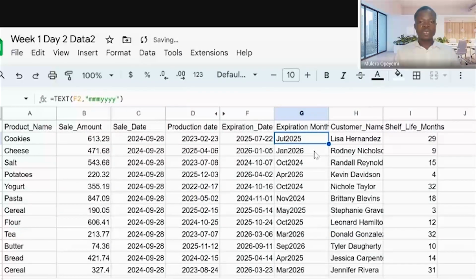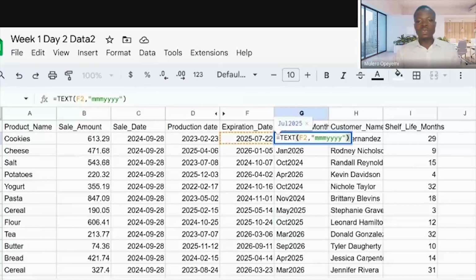So that is it. Now, if I want a space between July and 25, all I need is just to format this. And mind you, each time you put anything in quotation, you're telling Excel that, okay, return a string in between here. So if that quotation is not there, Excel might be seeing it as another formula. And if that formula does not exist, you get an error message.